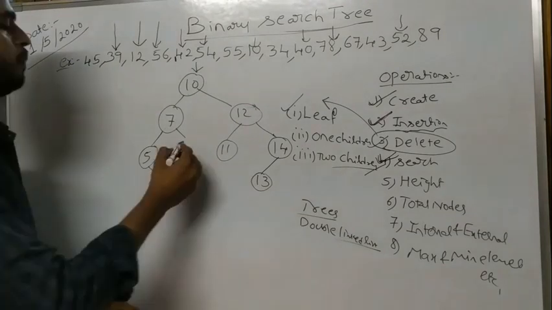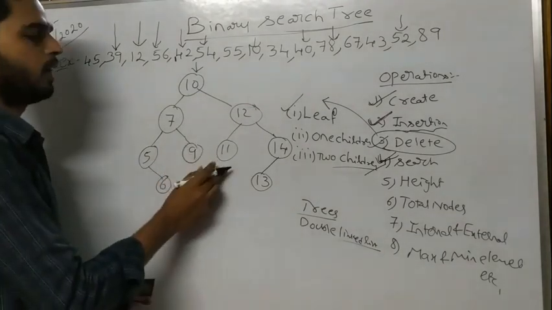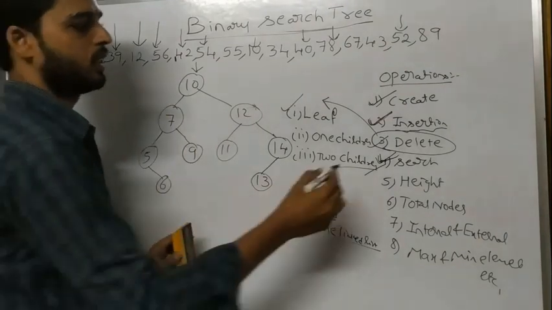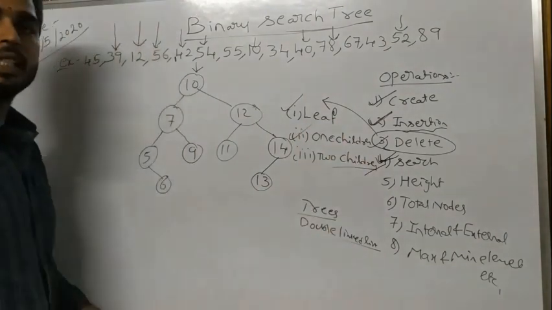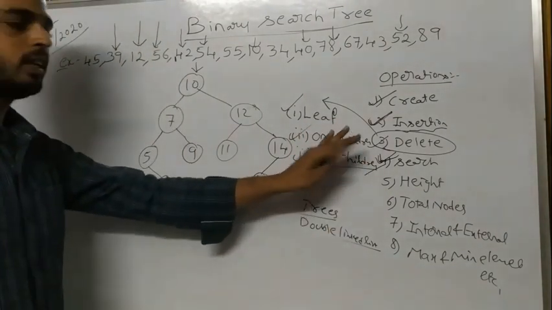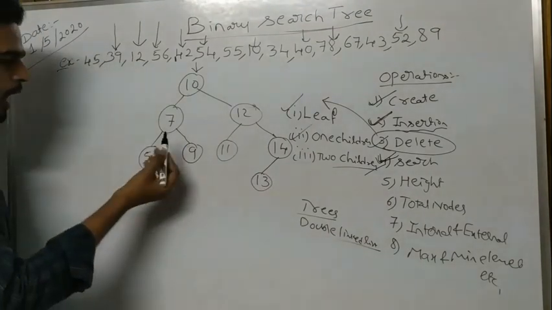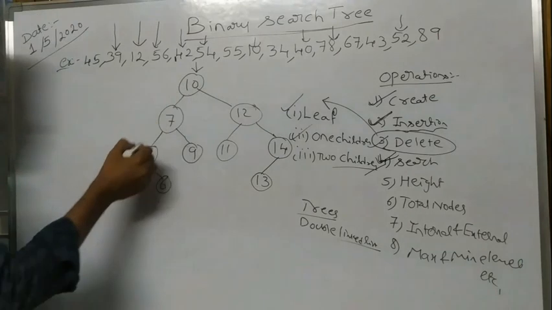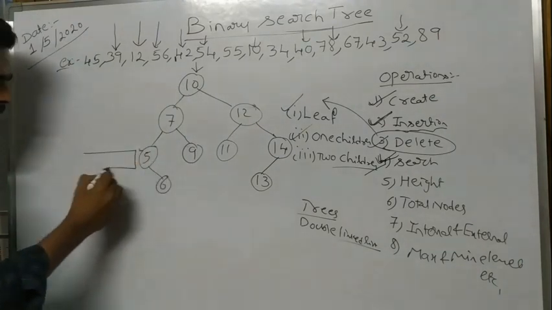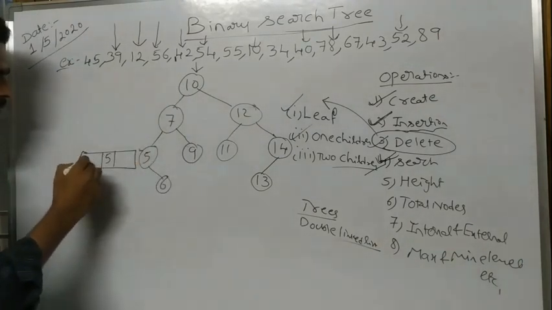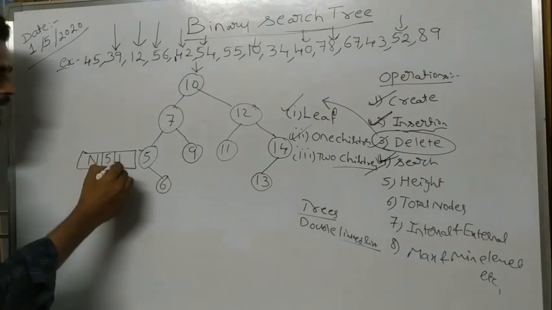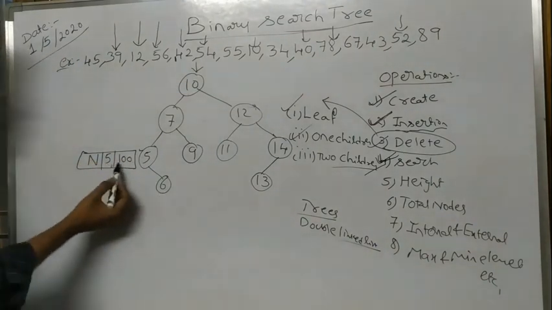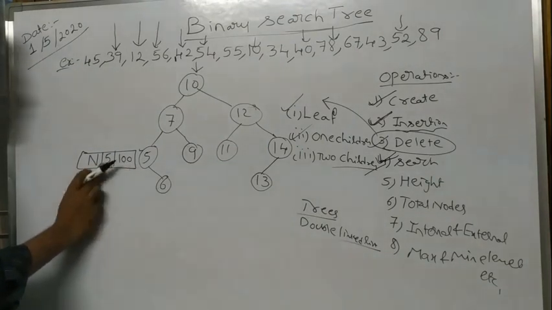For example, I want to delete node 11. Then I will come to node 11 and delete it directly. There is no problem. So that is the first case. Coming to a node which has children: deleting a node having a single child. For example, I want to delete node 5. I will reach node 5. How is the implementation for this? 5, left side is null, right side is some address 100, meaning that there is some node. So it is simply understood that there is a right child, a single child.